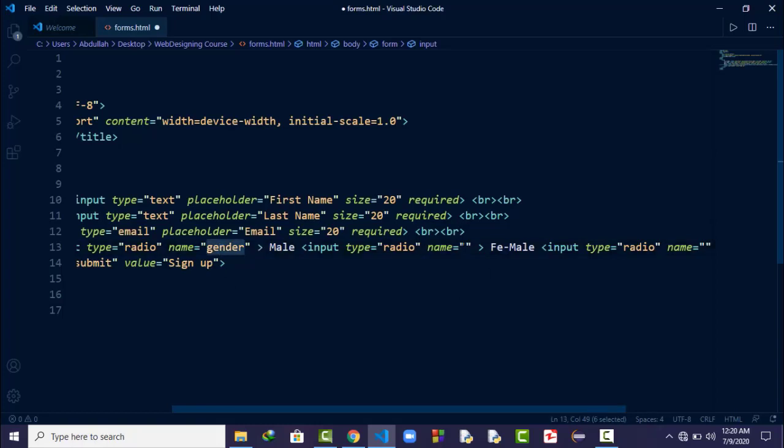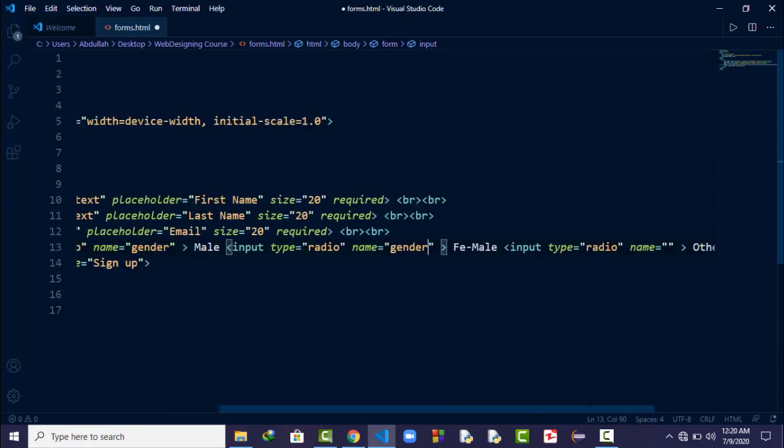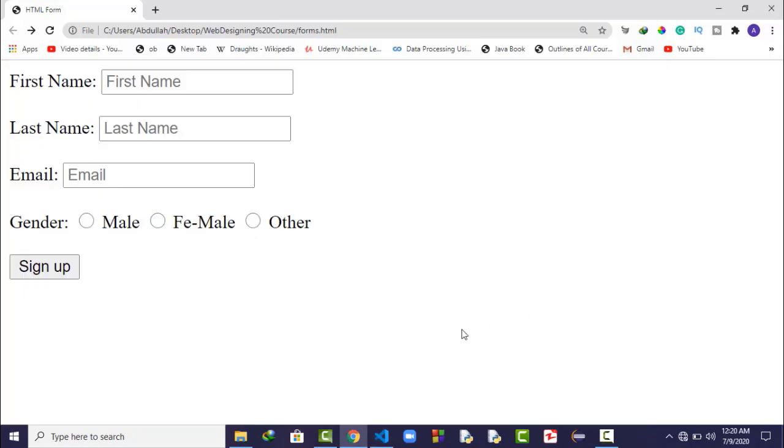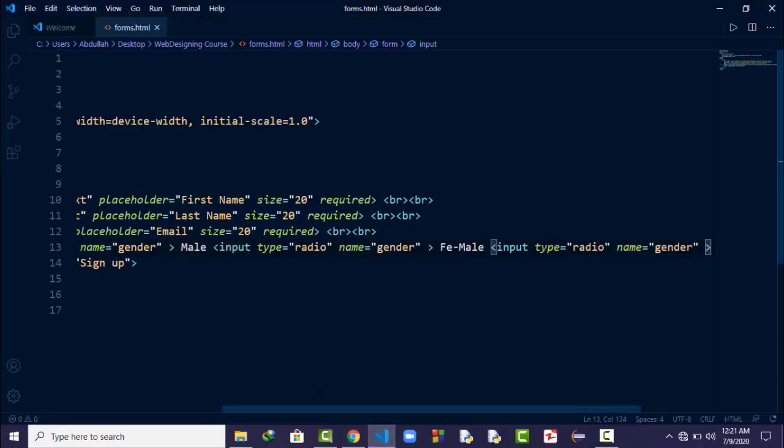I will copy this. The name equal to gender should be right here, and at the last we also need to put gender here. If I save this, go back and refresh it, now you can see we can select only one among them. Okay, now let's go in the IDE.